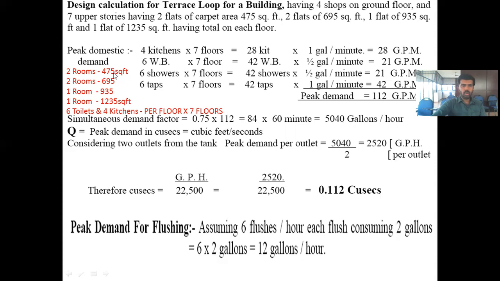There are 2 flats of 475 square feet, 2 flats of 695 square feet, 1 flat of 935 square feet, and 1 flat of 1235 square feet. And it says that we have 6 toilets and 4 kitchens per floor. So what they have asked is that we have to find the